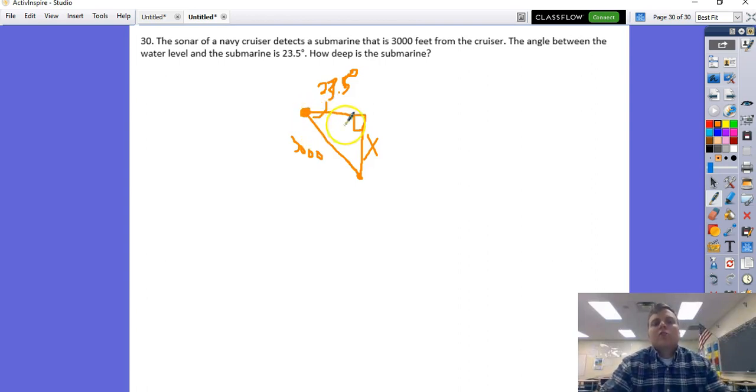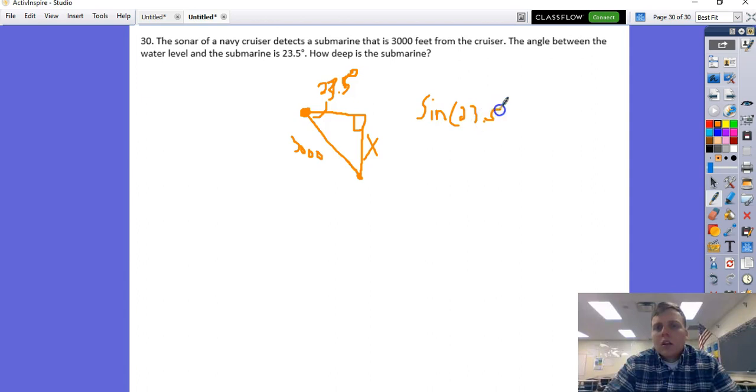Okay. So I need to find x. It's a right triangle, so I can use my trig ratios. In reference to 23.5, what is x? It's the opposite. The 3,000 is my hypotenuse. So we just did this problem earlier. We just did different numbers. It's sine again. I know that sine of 23.5 is equal to x